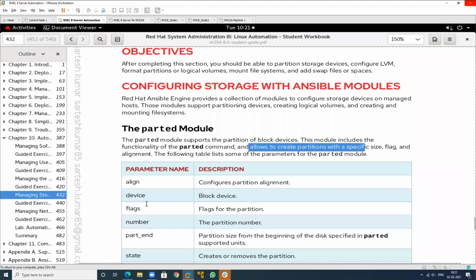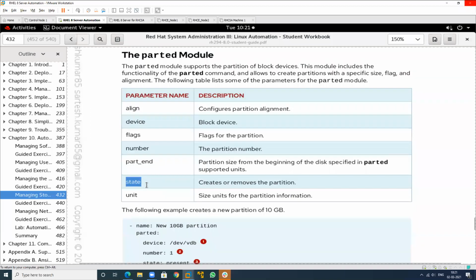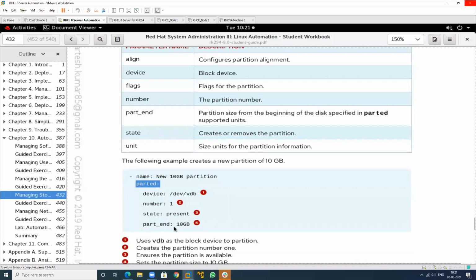These are used with the parted command. See, this is the module name, this is my device, this is my number, this is my state, this is my end. It means I want to create a 10 GB partition.